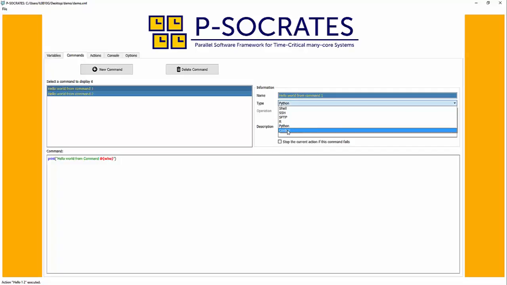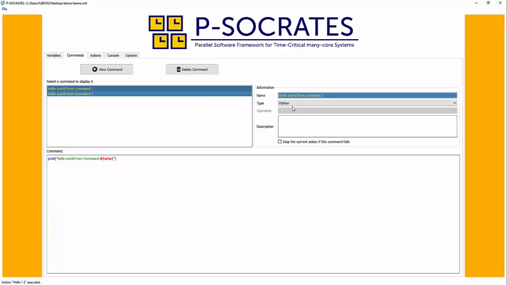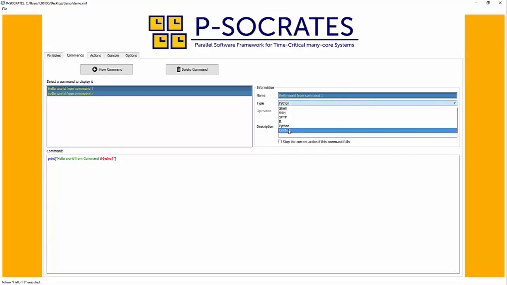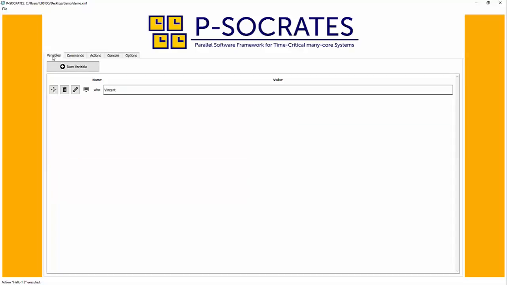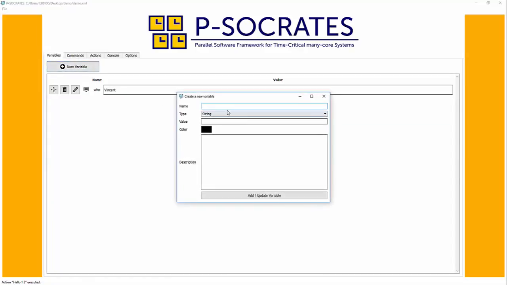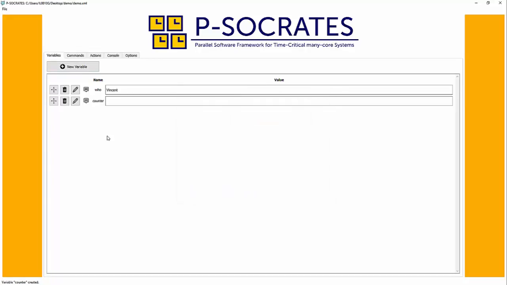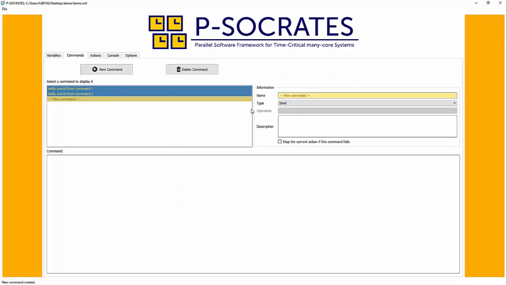And you have this control type of command. So I'm going to show you how it works. This control type of command is to change the content of variables defined in the program. So I will show you. I will define a variable called counter. Okay, I don't need to initialize it, and now I can create a new type of command which will be